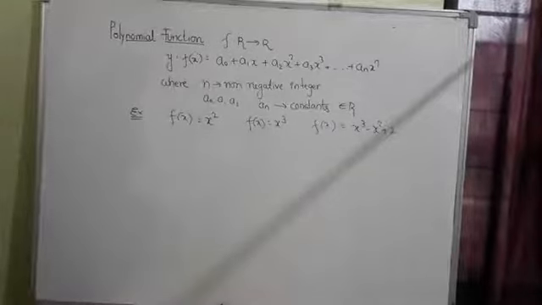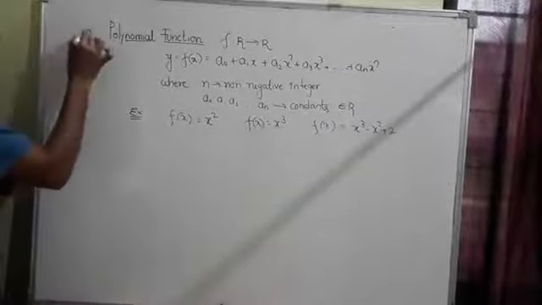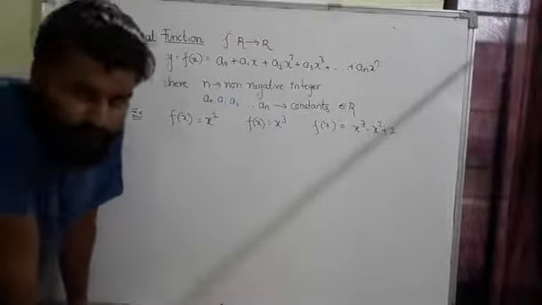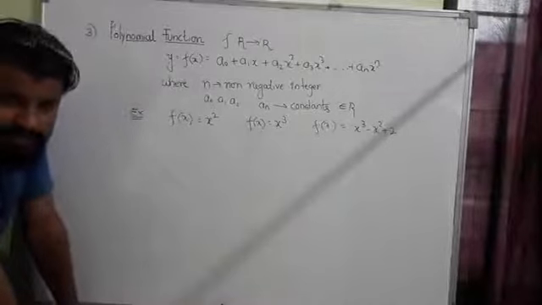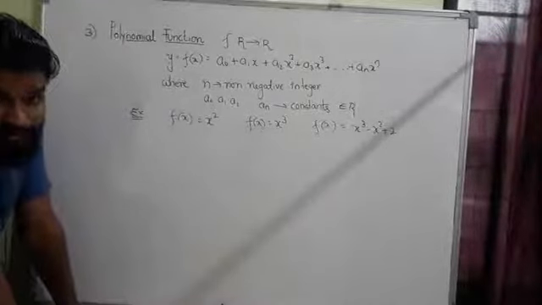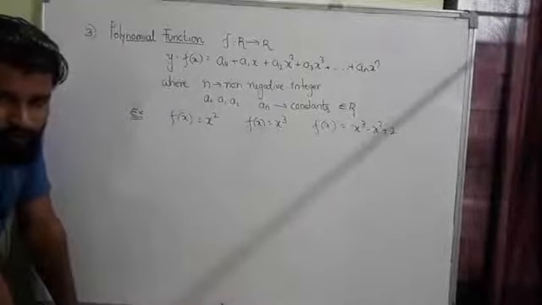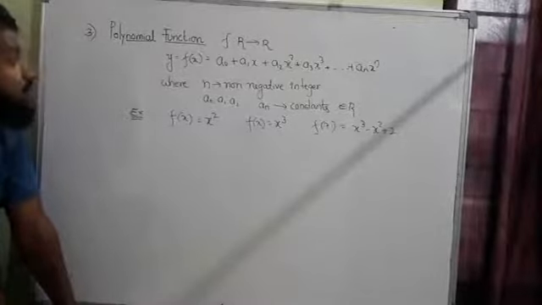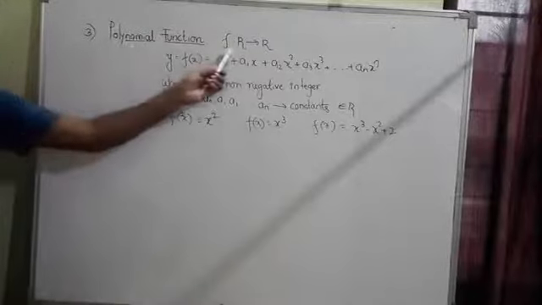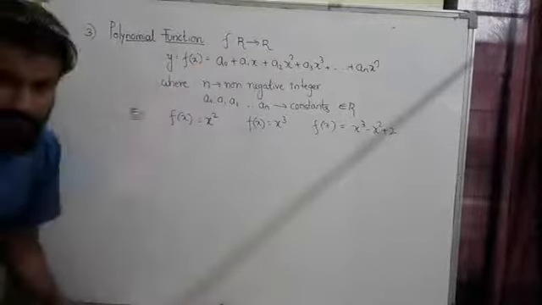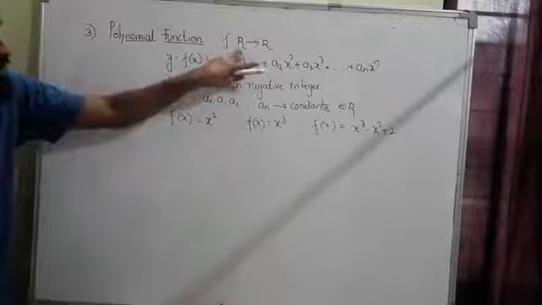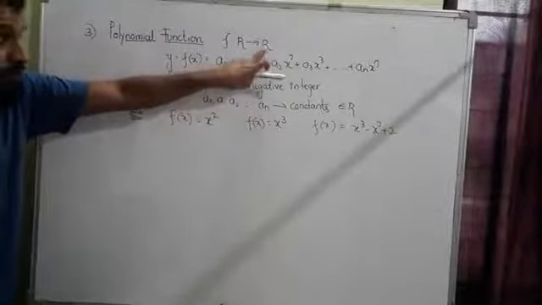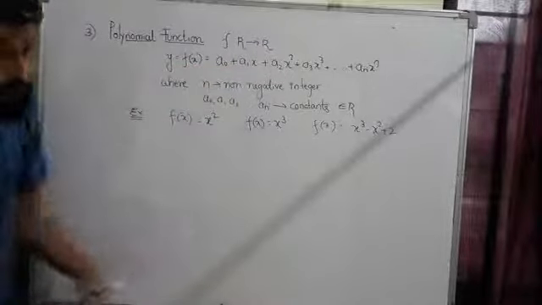Let's move on to the next type of function, which is very important, my dear friends, and that is the polynomial function. You already had a chapter called polynomial in your 10th standard. So let me not tell you all those things because we have already covered it in the bridge course also, isn't it? So the polynomial function is defined again from a real number to real number. Once I see this, I can easily say the domain is real numbers. But I cannot say the range by looking at this, this is just a codomain.